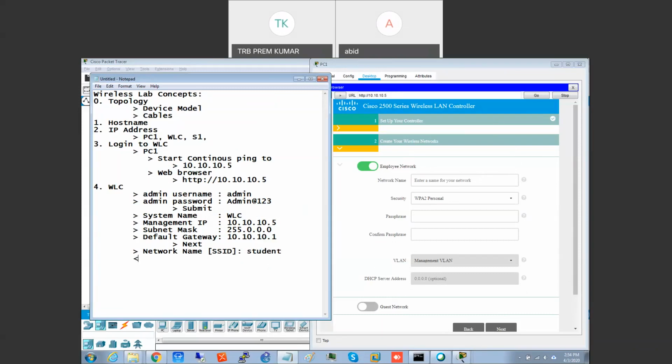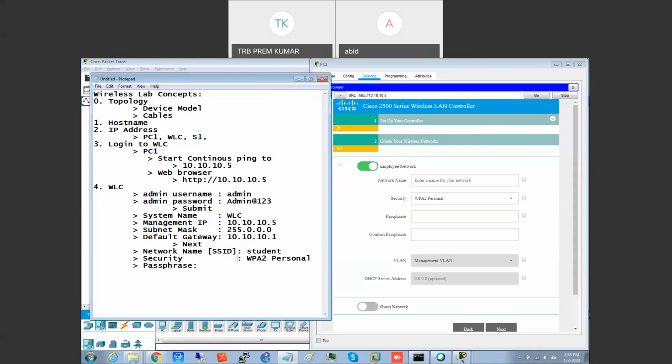Security, leave it as it is, WPA2 personal. Passphrase is the password you are giving. You're noting this down, right? Yes, I'm noting it.